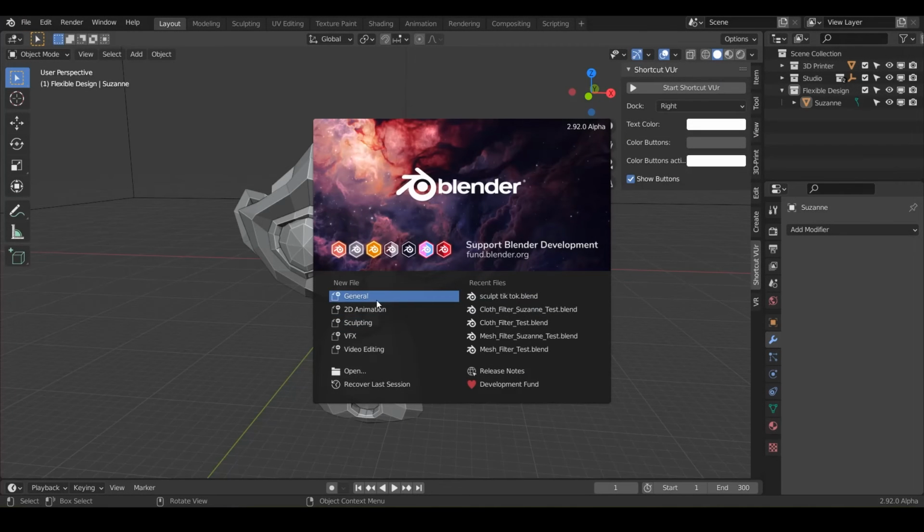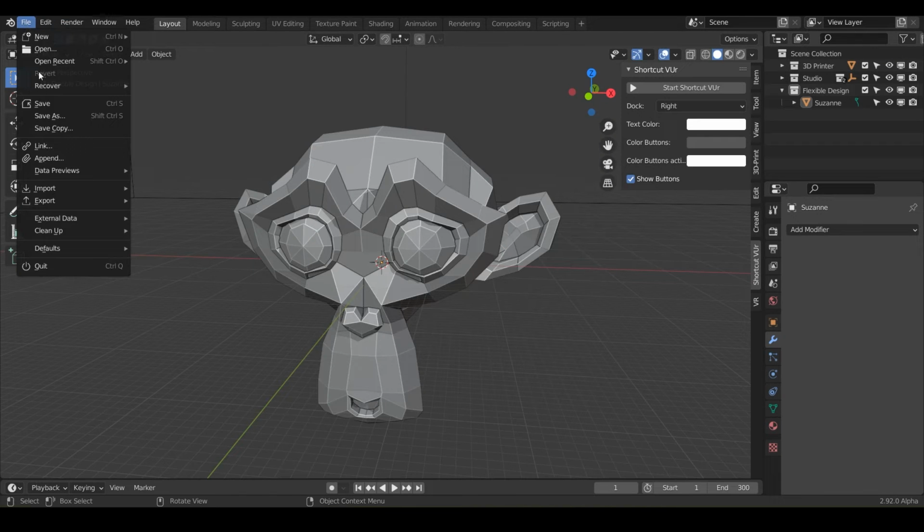Welcome back. Today we are going to be talking about filters, and this one is the mesh filter. So go ahead and open up your Blender, and I am using 2.92 alpha, so you may not see this for some time, but I just want you to be aware that it's coming. So do new file general, go ahead and save it as